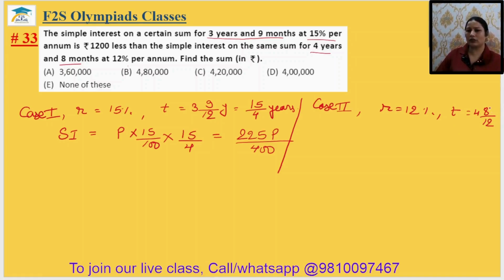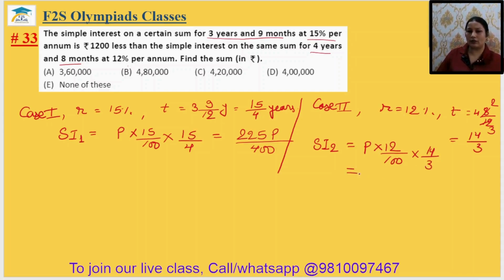After simplification, it will be your 4 2s are 8, 4 3s are 12, तो 14/3. टाइम हो गया आपका 14/3. I'm just writing it as simple interest 1. Next will be your simple interest 2. ठीक है, तो simple interest 2, PRT. P we don't know, R will be 12%, तो 12/100 into 14/3.